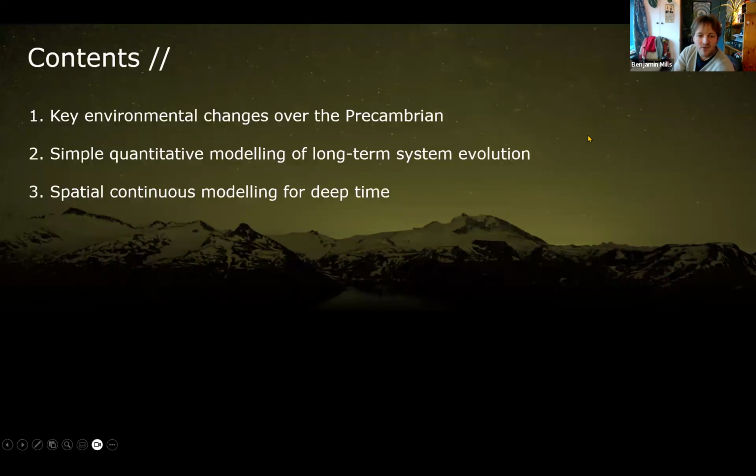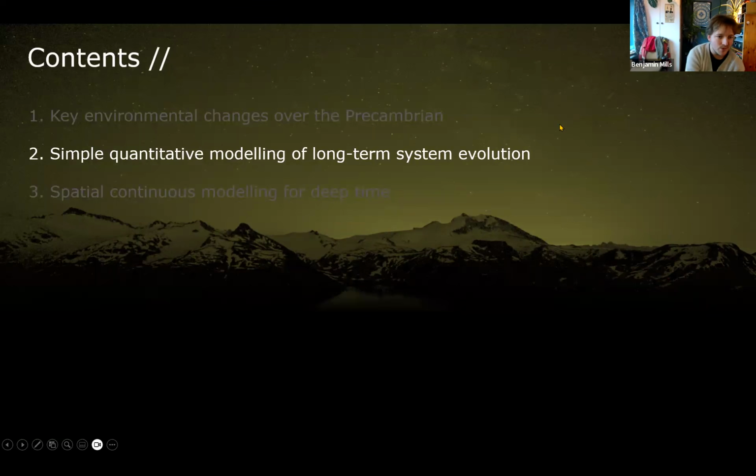Okay, so those are the key environmental changes and perhaps some of the issues wound up with them. And what I want to introduce now is simple quantitative modeling of the long-term system evolution. So these are simple box models that we develop, and we try and run these cycles through time. So we're talking about the carbon cycle, the oxygen cycle, the phosphorus cycle, predominantly. We're trying to start off on an Archean Earth. We're trying to run these through time to the present day, and we're trying to create broad 100 million year trajectories that just look something like we see in the geological record.